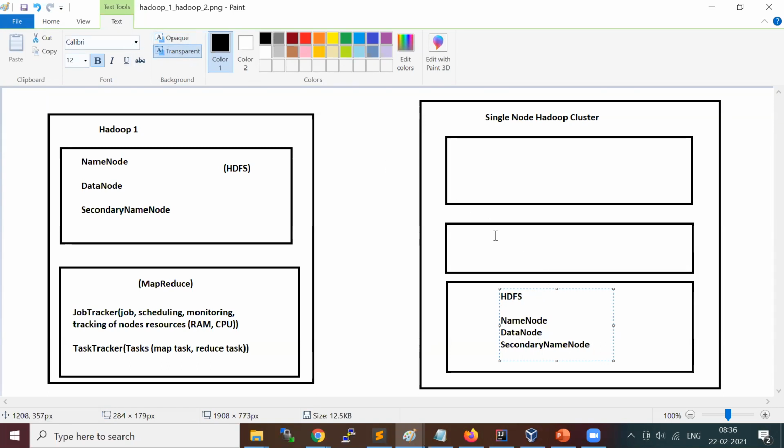And then we also have a YARN component here. YARN is nothing but Yet Another Resource Negotiator for resource management and job scheduling. So here we are going to configure the resource manager and then the node manager.